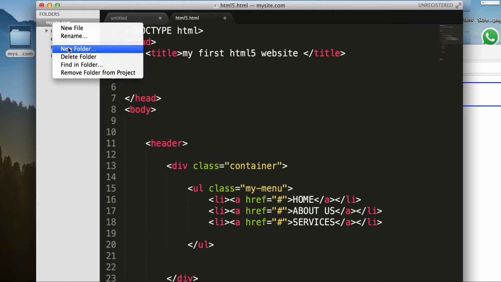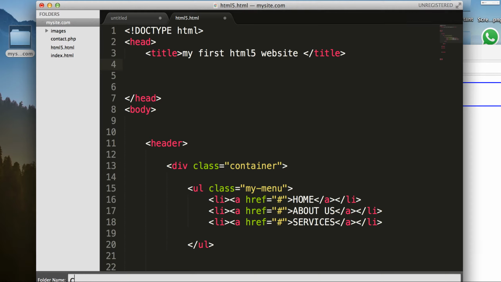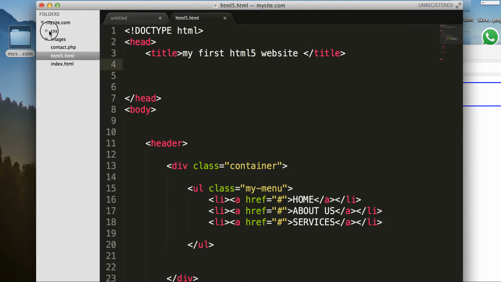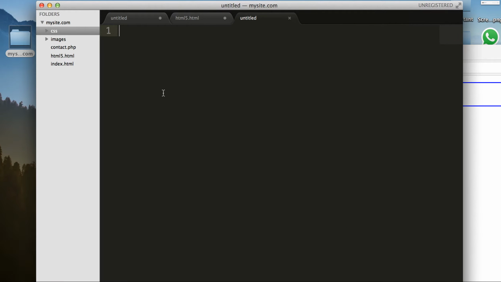So you create that, and you can say CSS. You create a CSS folder, and within the CSS folder you can create your very first